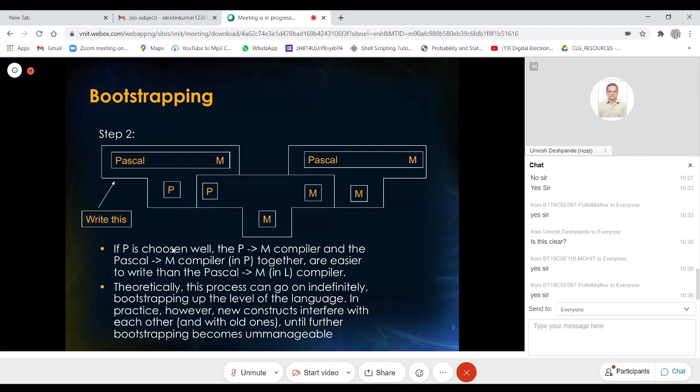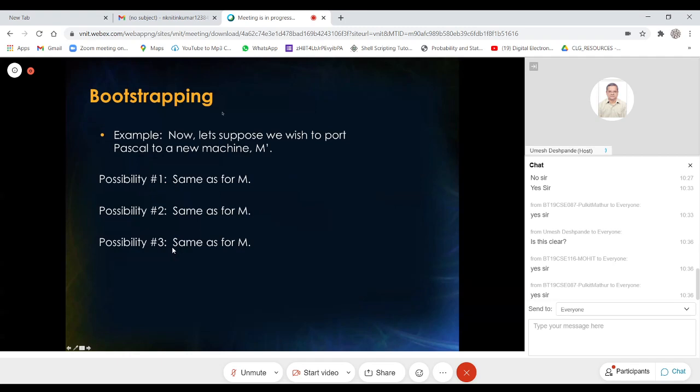Okay, and they don't need to go entirely out here. So this actually misses one step. So suppose I have P dash. I write the translator for P dash in P, but the translator actually translates it into an equivalent program in P rather than straight away into hardware instructions, that is the machine language M. Okay, so instead of saying Pascal to P, let me just update this slide. Please bear with me. Let me just update this slide to show what exactly we could do.